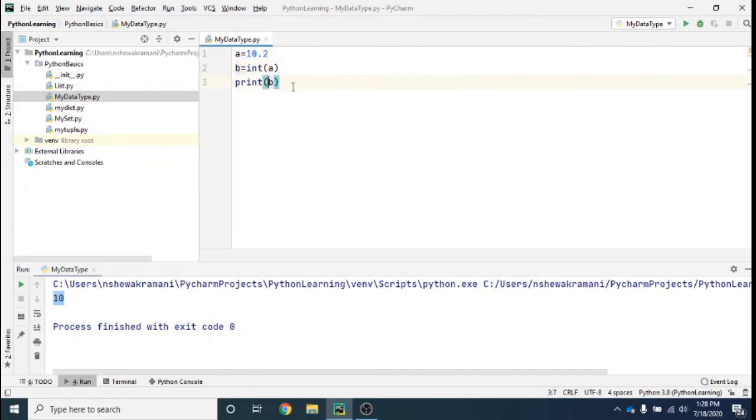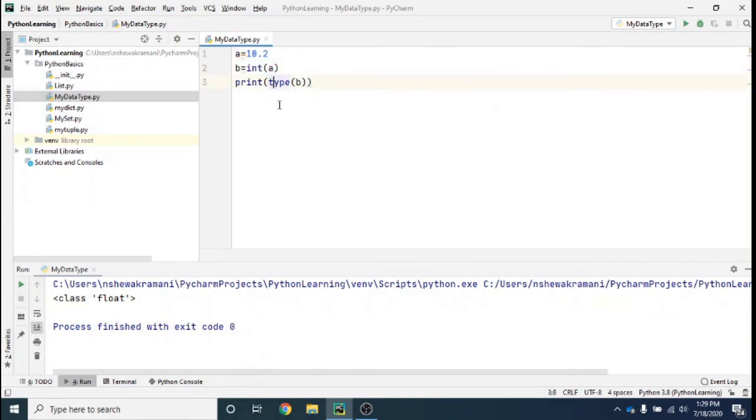If I want to print the type of this b and run that, now it is coming int. If I had not used this int function and directly stored a into b, and then seen the type, it would be float. As I said before, if you want to convert one data type to another, that is also possible, but you need to use the corresponding function. In the same way there is an int function, there is a float function, there is a complex function. You can use all those if you want to do that.